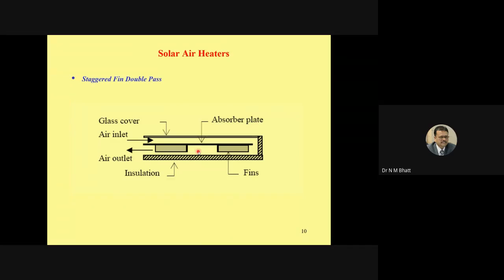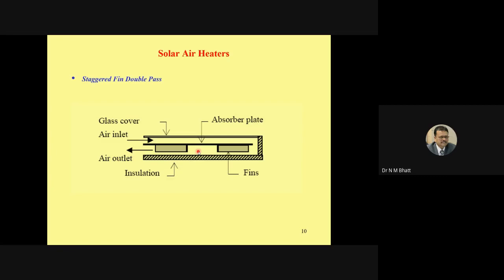Now, the simple linear equation will tell you that for more heat transfer, for higher Q, you should have higher H. Okay, we should increase the heat transfer coefficient. But remember, normally when you try to increase the heat transfer coefficient, pressure drop also increases. So it's an optimization problem. When you go for higher area, if you simply increase the absorber area, the loss area also increases. If you go for a fin, the fin will not be 100% efficient, so the area is not 100% effectively used.